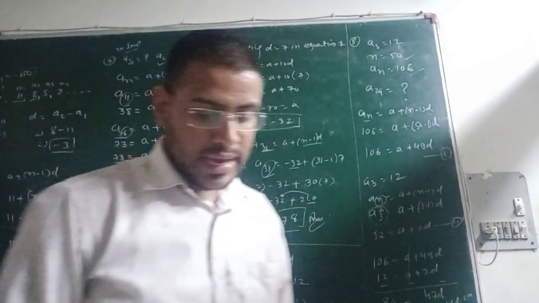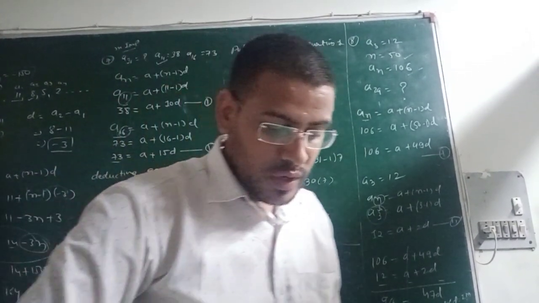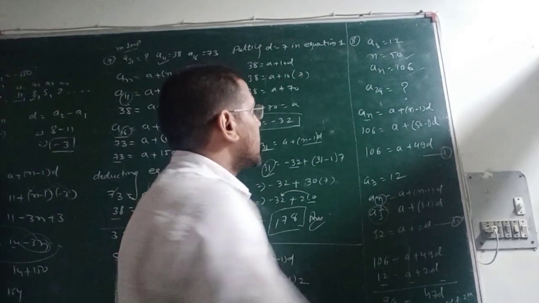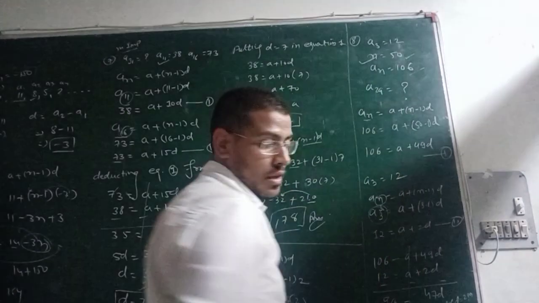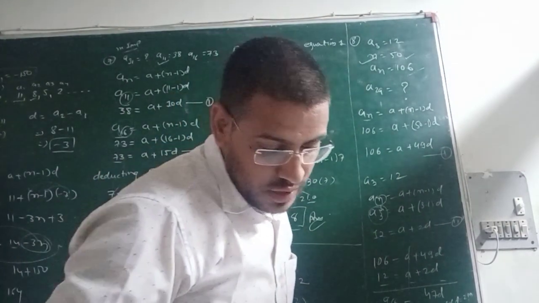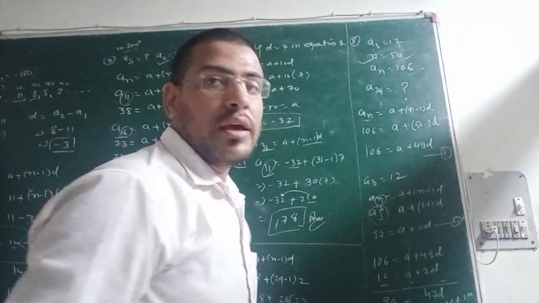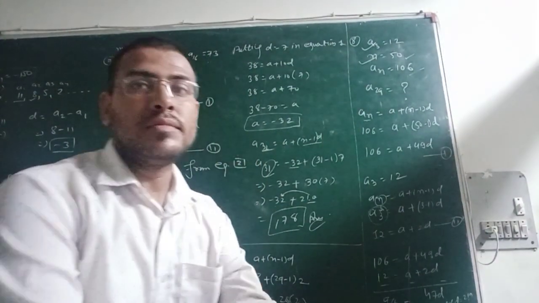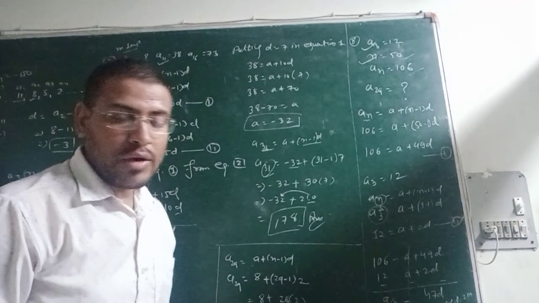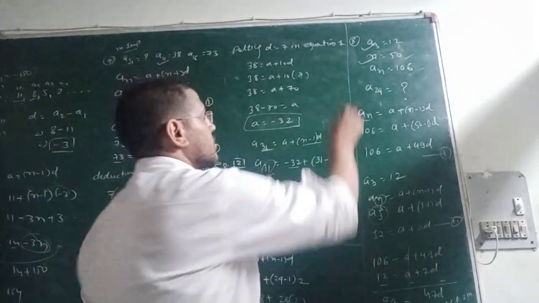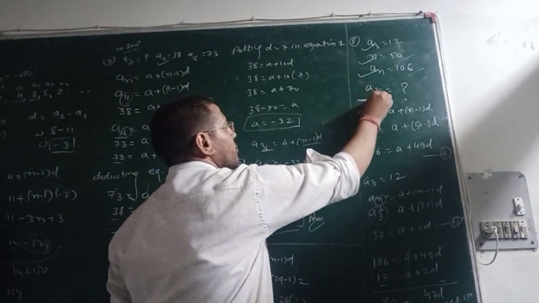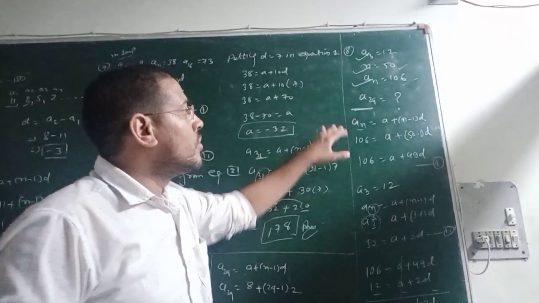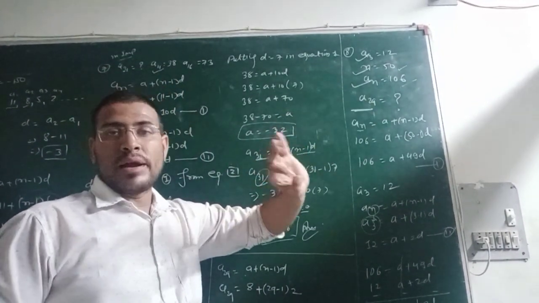Similarly, question number 9 is given to you. An arithmetic progression consists of 50 terms. So n is 50. And over there you have been given the third term is 12. a3 is 12. And the last term that you have been given, an is equal to 106. And what they have demanded is to find the value of a29. A29 is demanded over here.